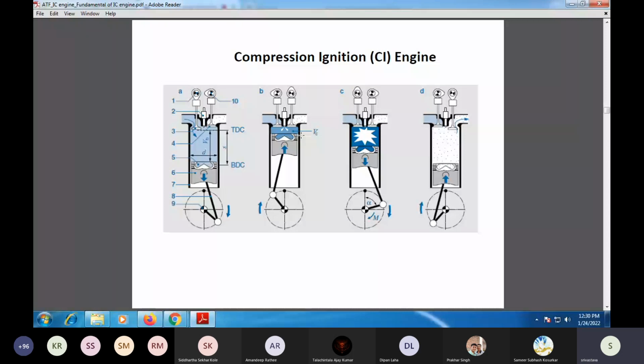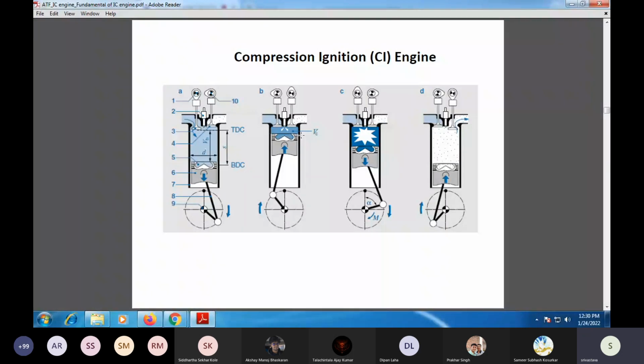So how does the shape of the piston head facilitate better mixing of the air fuel mixture? Yeah. So as I'm telling you that